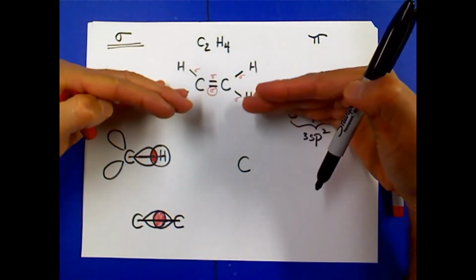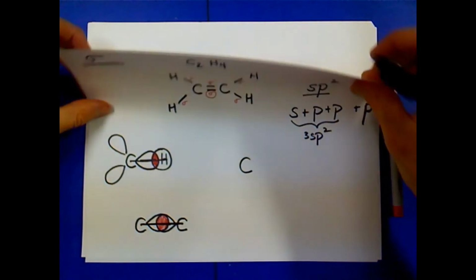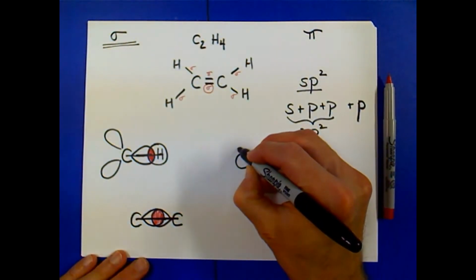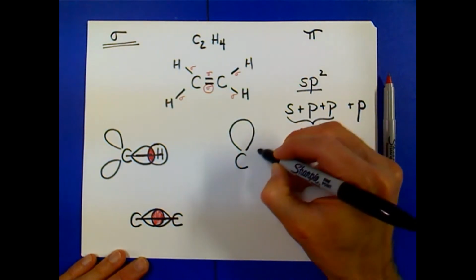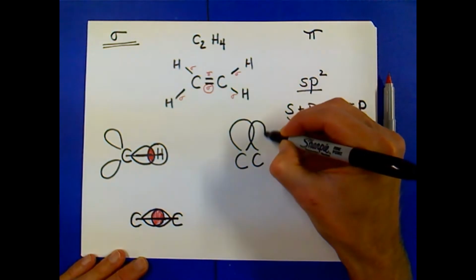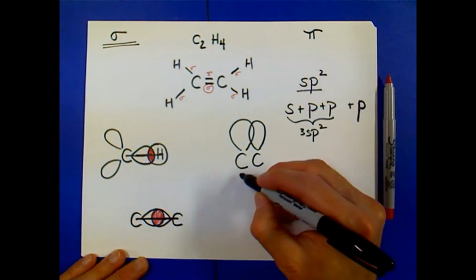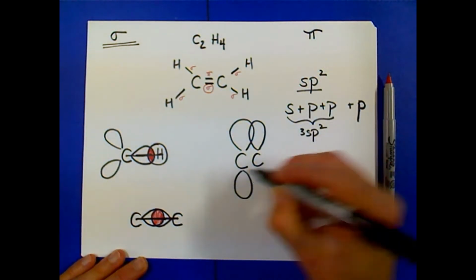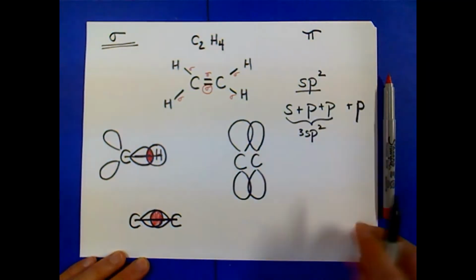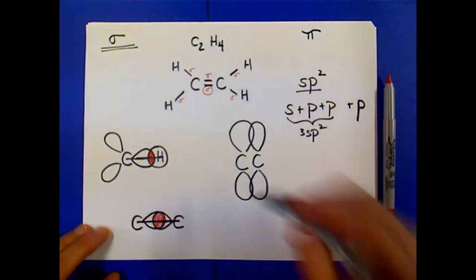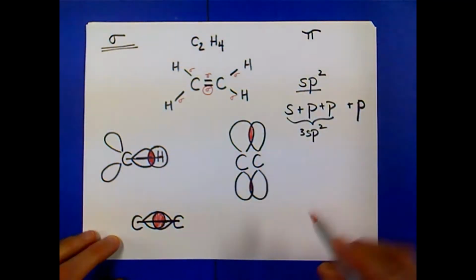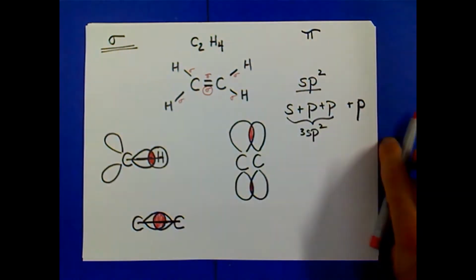Now, if I rotate this molecule so we're looking at it straight up and down this way, that p orbital is going to sit this way. And on the second carbon, that p orbital is going to look like it's going this way. And there's the overlap. It's a side-on overlap. It's kind of goofy, but that's what's going on. So here's your p orbital. The p orbital is sort of that peanut shape, and that's centered on the atom. And so you get overlap here, and you get overlap here,